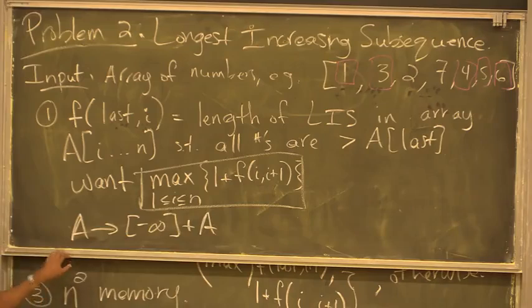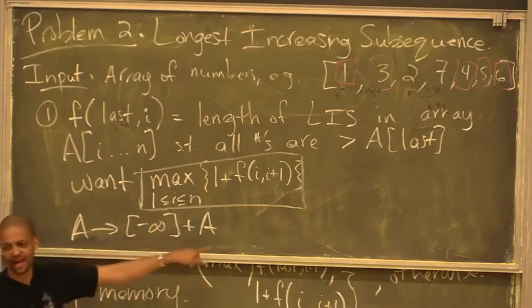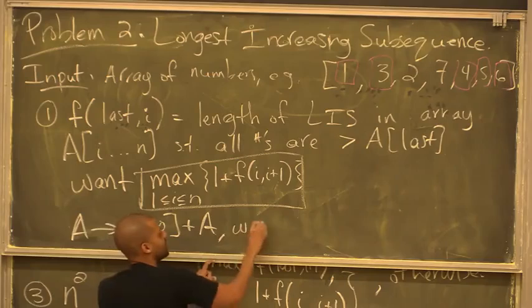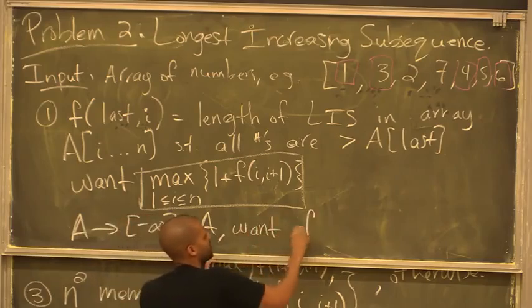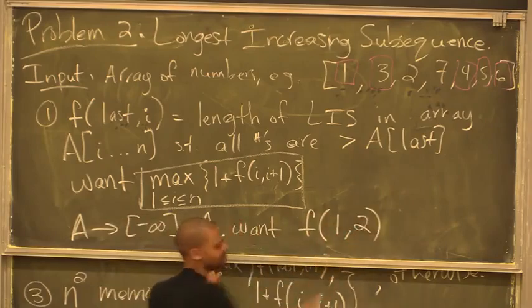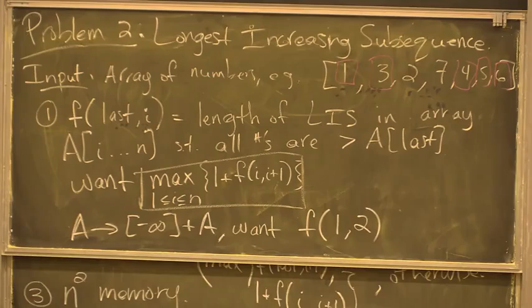So I mean this in Python speak. Take the list that only contains minus infinity and add a to it. And then what I want is f of 1, 2. Does that make sense? The point is, this is just a hack to not have to take a max over all these things. It's the same. The point is,